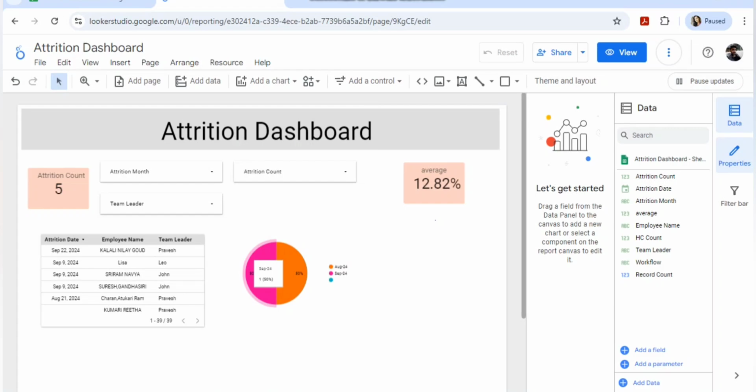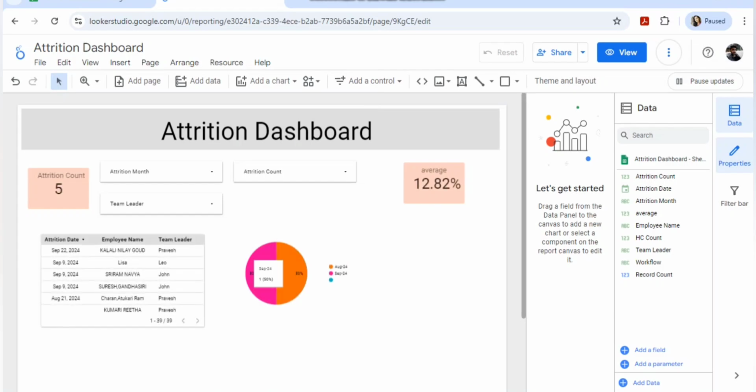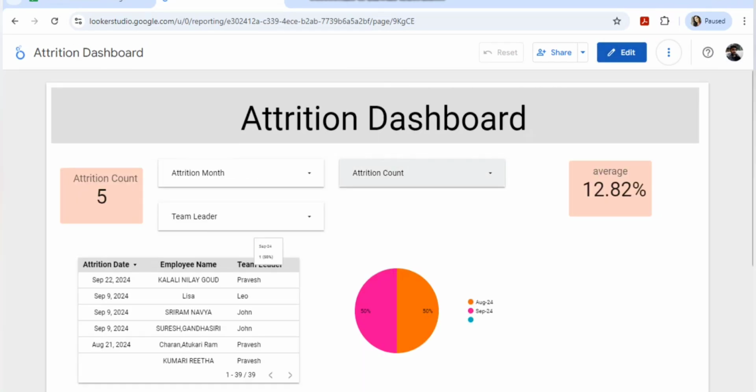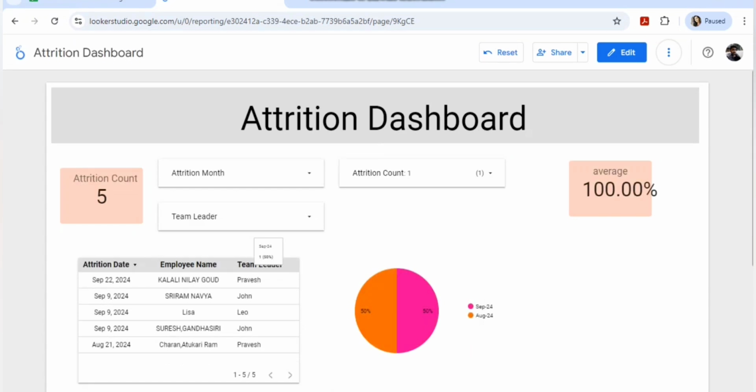Now you can see there is one more option of refresh, that is refresh data. You can do it from here also. So everything is done. Now let me check whether my pie chart and everything is working perfectly or not. You can see here 5 attrition count, yes, 5 it is showing. Okay, 5 attrition counts it's showing. The pie chart is also working successfully. You can see here it's showing 1 in September, 1 in